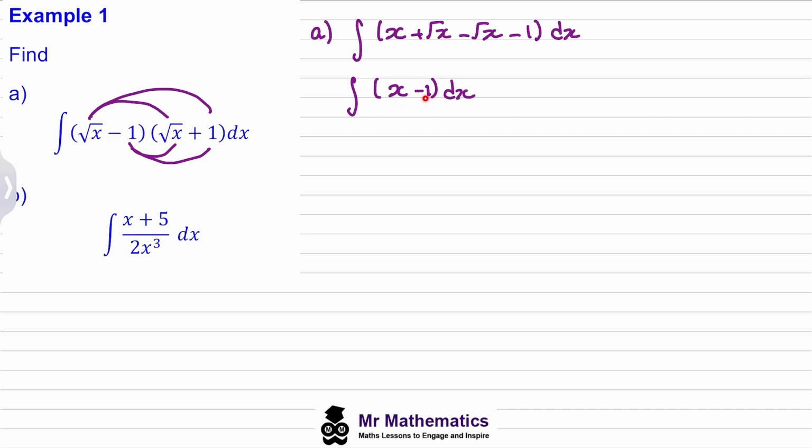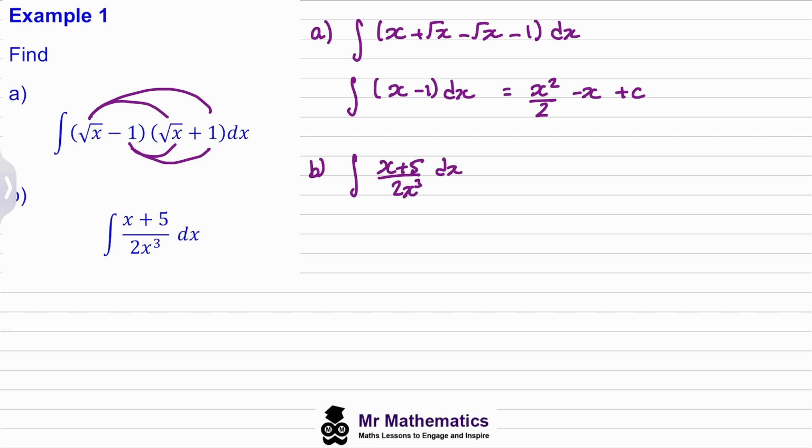so we're left with this. And when we integrate x minus 1 with respect to x, we add 1 to this power of x, so this becomes x squared, and then we divide by this new power, so x squared over 2. And then this negative 1 becomes negative x. And we need to plus the constant of integration. Okay? For part B,